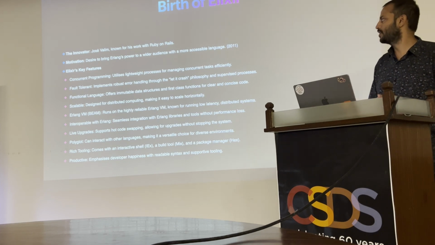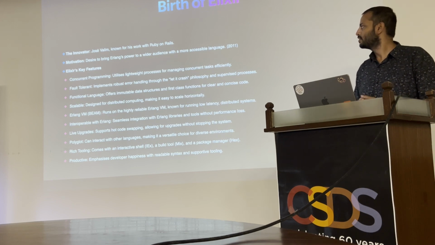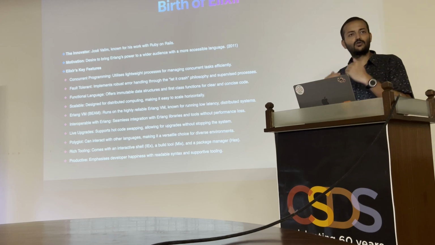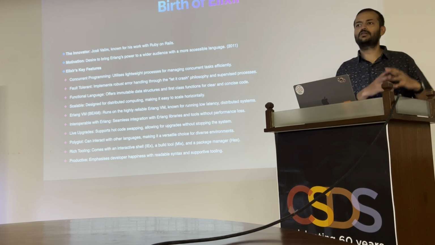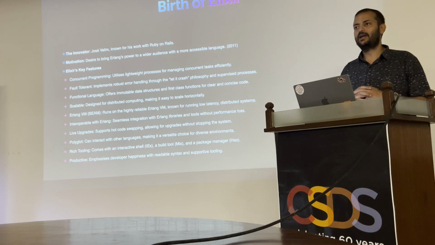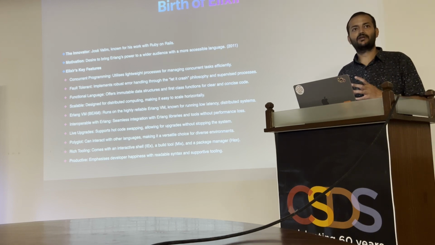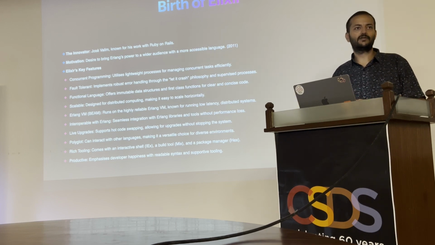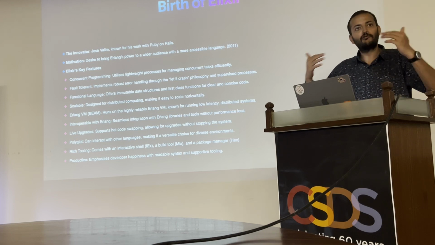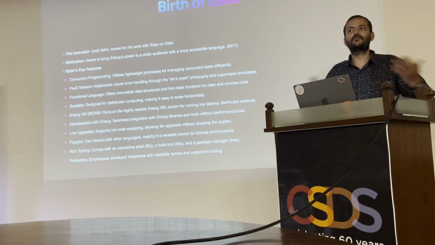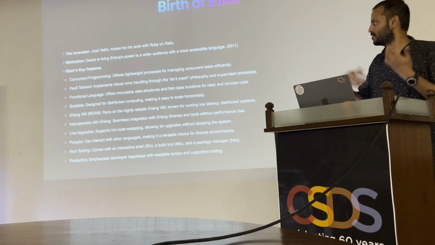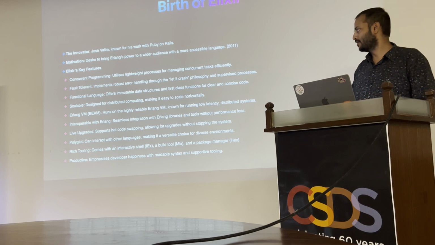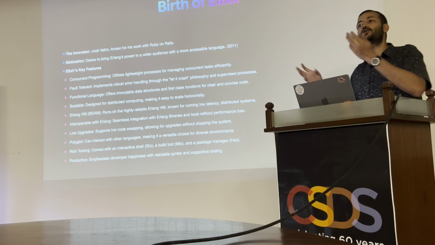The key features of it, as we've already discussed, are concurrency, scalability, the fact that it runs on the Erlang VM, which means Elixir also still under the hood is running on this thing called Beam, right? And Beam as a VM is extremely optimized for the purposes that Elixir serves today. That is, the fault tolerance and the concurrency are kind of built into the virtual machine on which this is being run and interpreted, right? In which the bytecode is being interpreted. It also remains interoperable with Erlang. Hot fixes, something they built into the language.